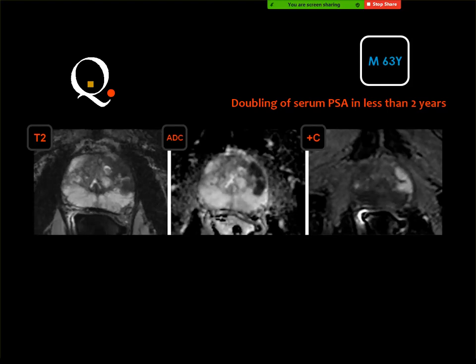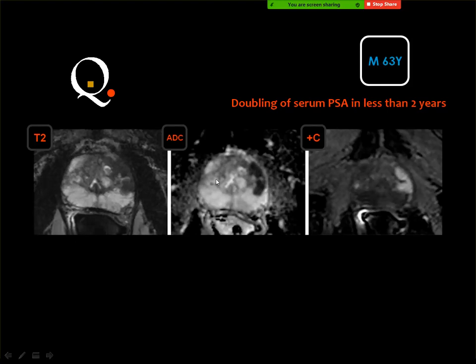Focal lesion in the central zone or central gland on the left side. Prostatic suspected cancer. This one, cancer. No, on the left side, this one, which is high, which is enhanced on the post contrast. Yes. Exactly. As in the T2, this lesion is present in the peripheral zone.